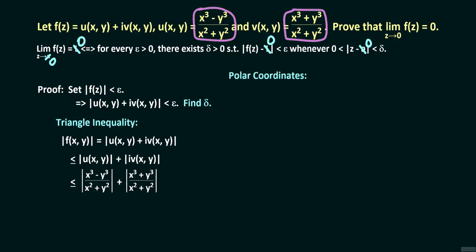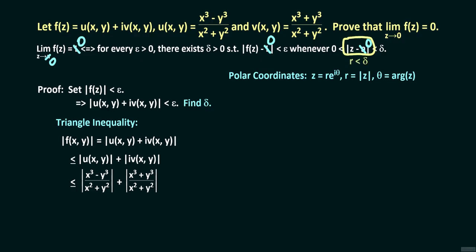We will use polar coordinates for the rest of the proof. We set z equal to r times e raised to the power I times theta, where r equals the absolute value of z and theta is an argument of z. Since r equals the absolute value of z, r less than delta is the inequality we are aiming for. X equals r times cosine theta and y equals r times sine theta. So replacing x by r times cosine theta and y by r times sine theta,